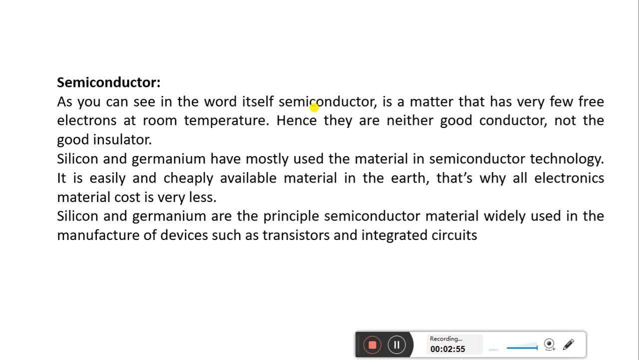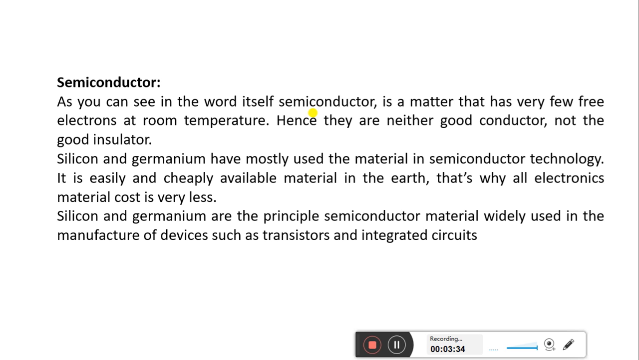Silicon and germanium are the principal semiconductor materials widely used in the manufacturing of devices such as transistors and integrated circuits. As we know the importance of the semiconductor, today's power electronics is dependent upon semiconductor theory. All the fast switching devices which we are using nowadays are based on semiconductor devices, for example, a transistor, MOSFET,